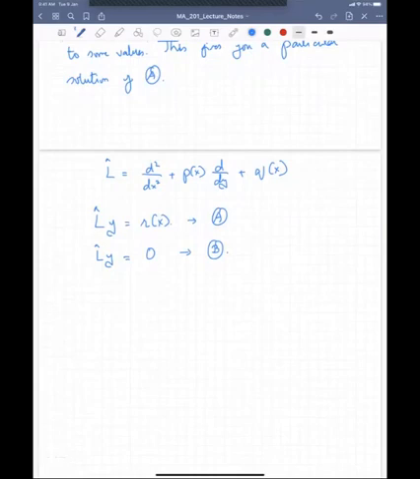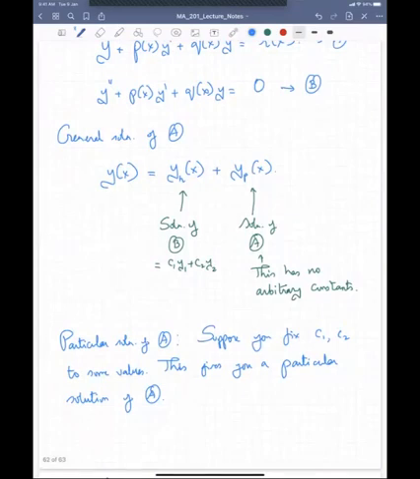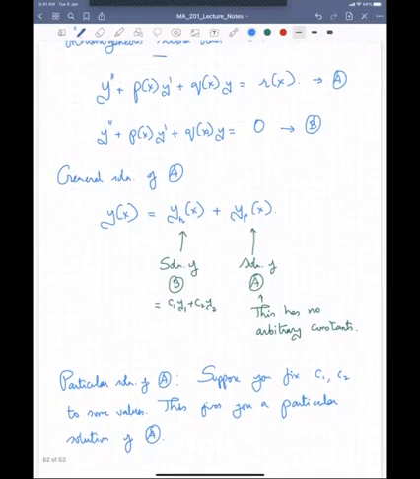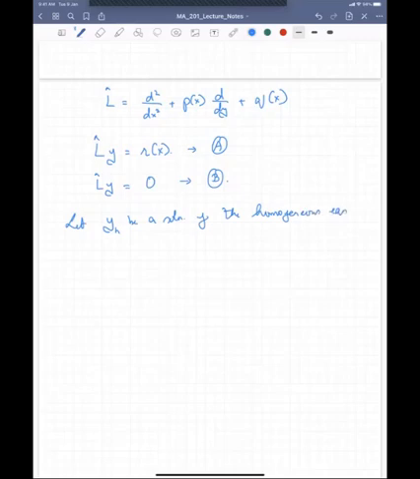So suppose I have a solution for the homogeneous equation, and suppose I have a solution for the inhomogeneous equation. The question is, if I add these two up, does it still become a solution of the inhomogeneous equation? Let us use this particular notation. Let YH be a solution of the homogeneous equation, by which I mean that L acting on YH is 0, and let